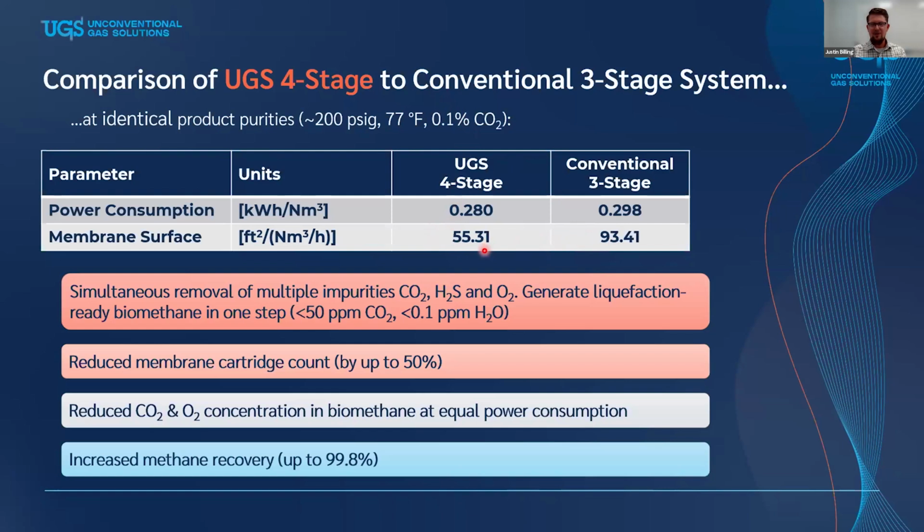So it's showing you, as you're going to higher and higher purity biomethane, that something like the 4-stage membrane system will enable this type of separation at a reasonable cost. The membranes required on the 3-stage system continue to go up exponentially as you go to lower and lower CO2, whereas you reach something more like a plateau with the 4-stage, or at least it's not exponential, it's more linear. Some of the advantages: you can simultaneously remove multiple impurities in one configuration and get liquefaction-ready biomethane